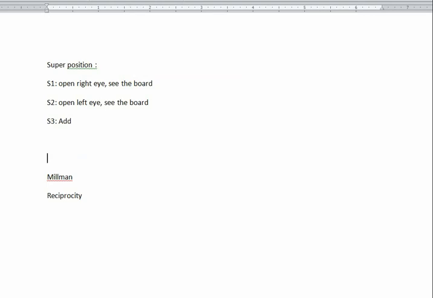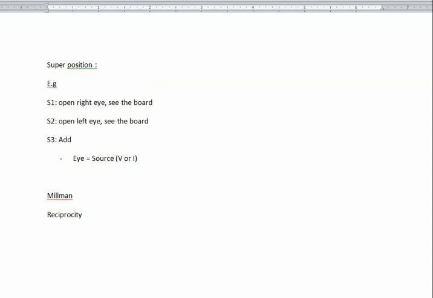Here, I is nothing but a source. The source may be a voltage source or a current source. It doesn't matter how many sources there are; I have to proceed that number of times. In my example I started with only two eyes, either a voltage source or a current source. That doesn't matter. So you have two eyes, and you will operate them.